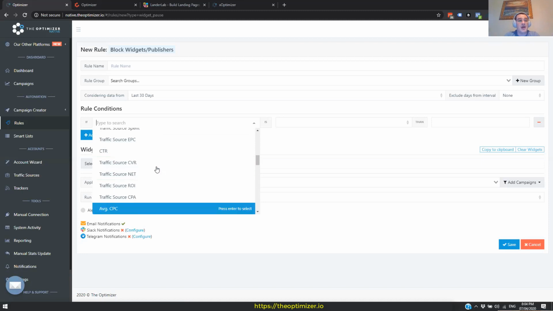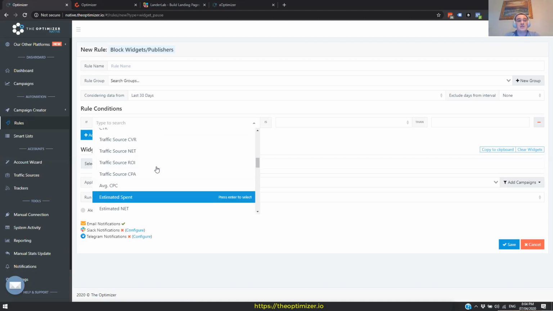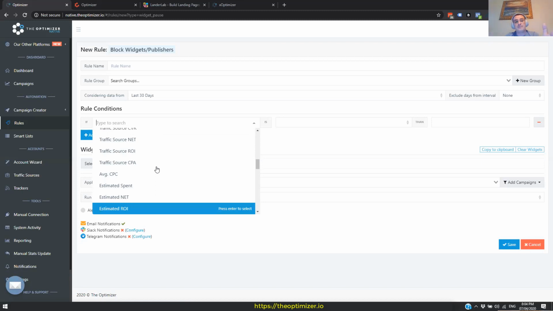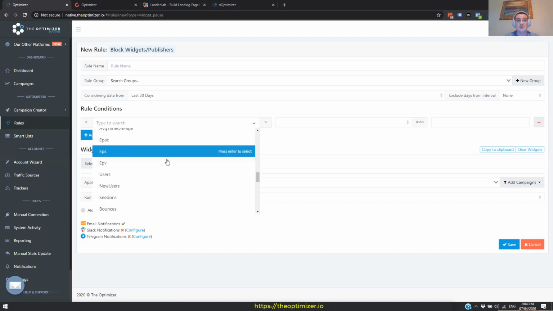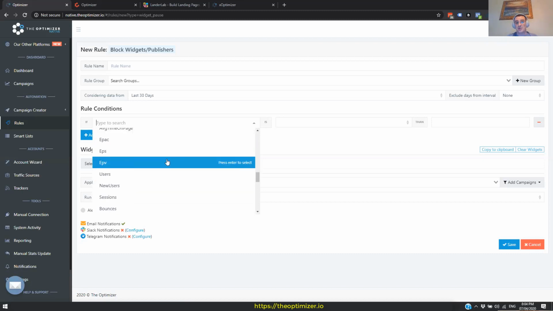Click-through rate on the ad level, conversion rate, net profit, ROI, cost per acquisition, average CPC, estimated spend, net profit, and ROI, which are especially useful for Taboola and Outbrain, which are known to have some delays, from a few minutes to generally a few hours. So you can utilize all this data combined with traffic source data as conditions in a specific rule, as well as Google Analytics statistics, especially if you're running Google AdSense arbitrage campaigns, or you're tracking your e-commerce